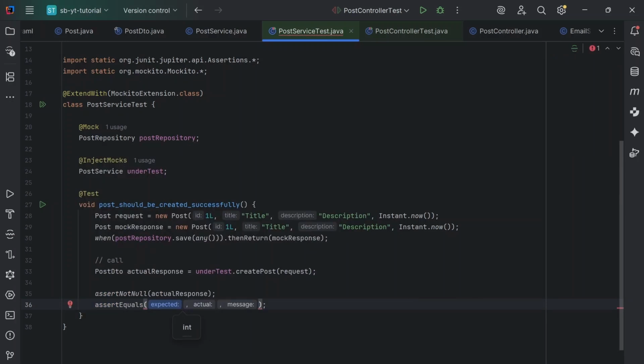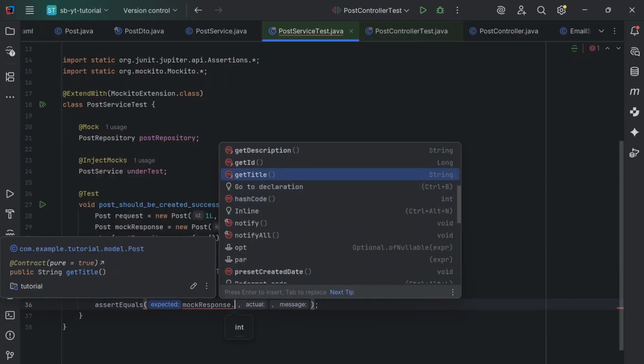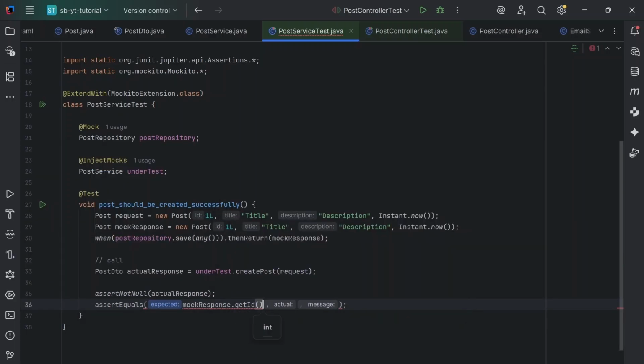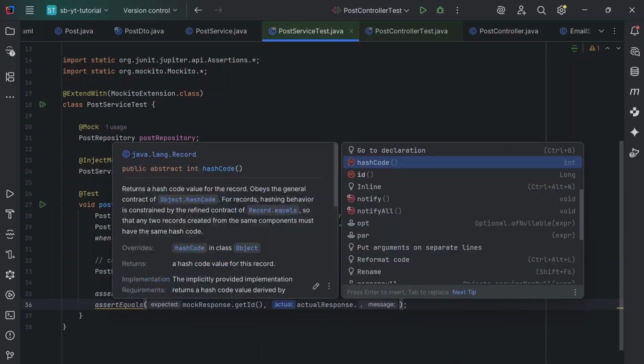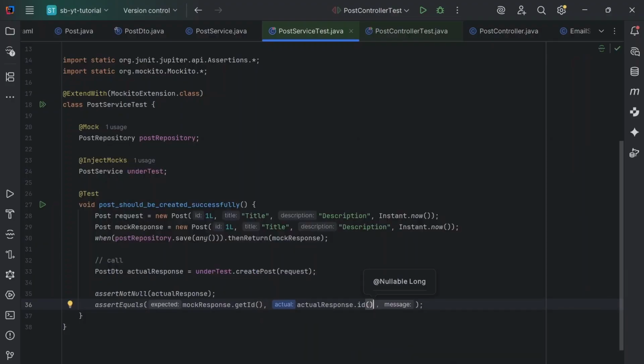What we are going to say is the mock response getId is equal to the actual response getId. Oh, because it returns a PostDto from createPost, but when I saved a Post,